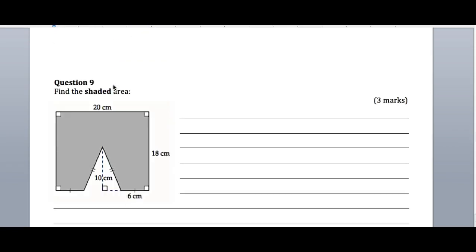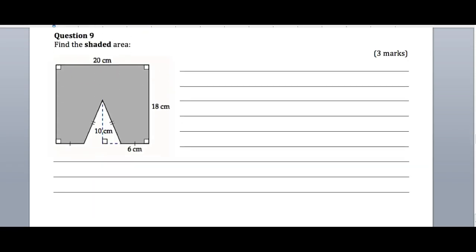Okay, question 9. Another composite shape. So this time we've got a big rectangle and we're taking away this smaller